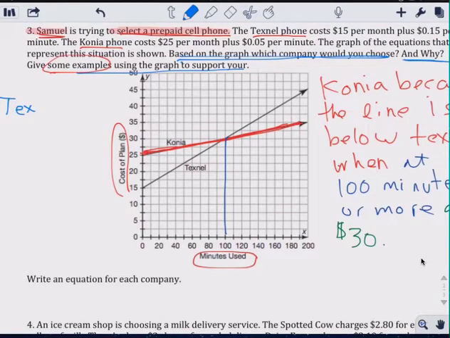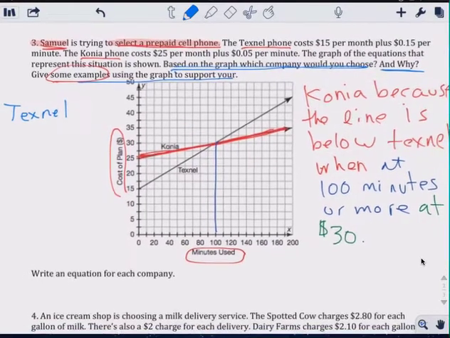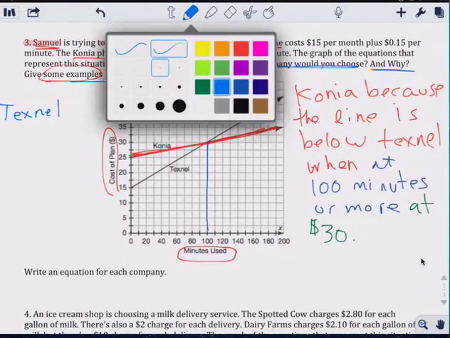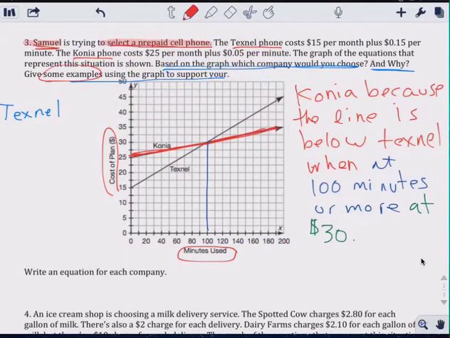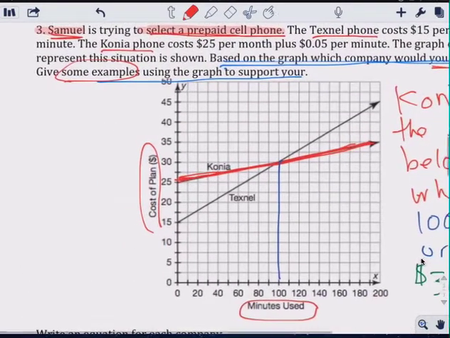Text Nil as a company to use. It asks, based on the graph, which company would you choose and why? A student on the test would say, I would select